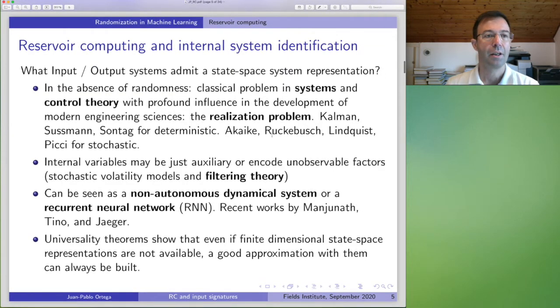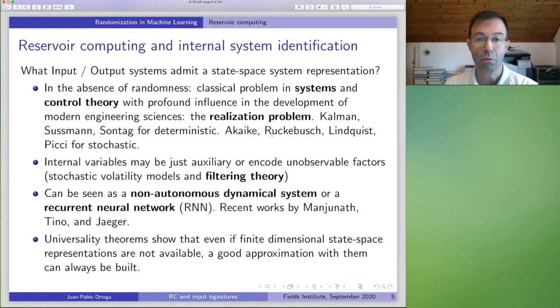Very good. So here there is something that I need to say, because you see we are calling reservoir computing state space systems, and this is probably one of the most venerable fields that you have when it comes to control theory, systems theory, and so these go back to 70 years of literature with huge names represented that I wrote down in here.